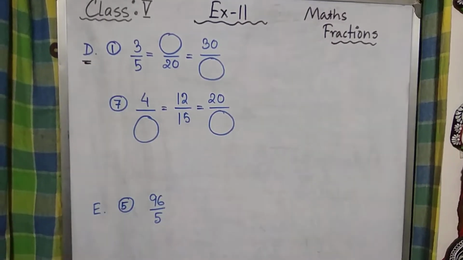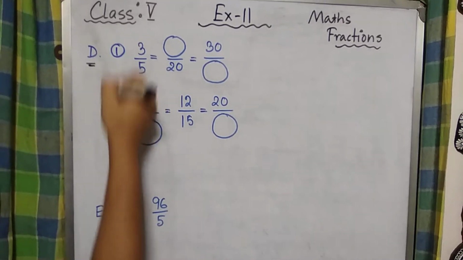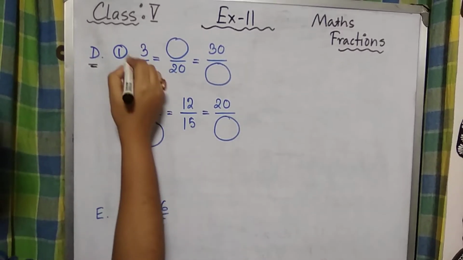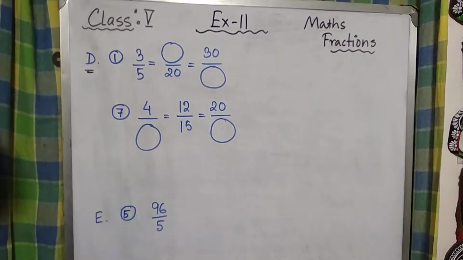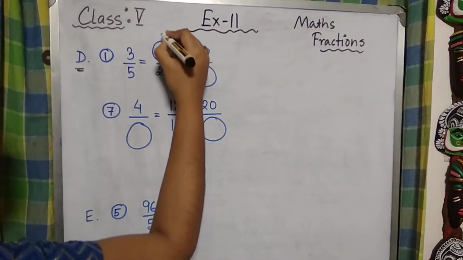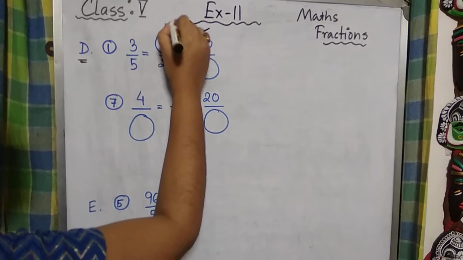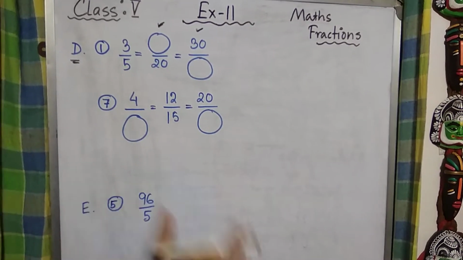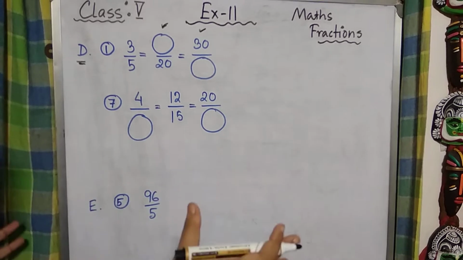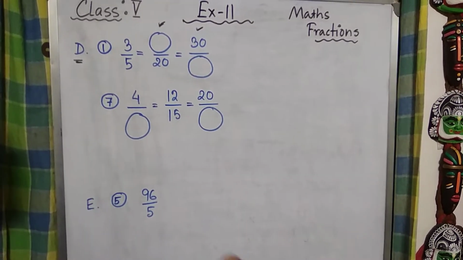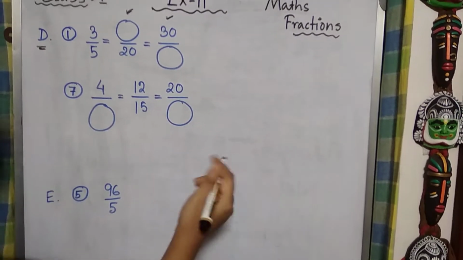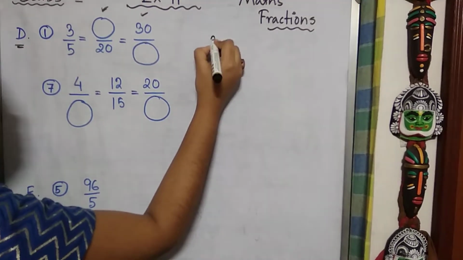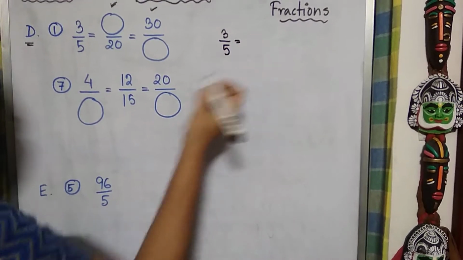So let's get started with number D. Here I have taken up two sums. In number 1 you can see that 3 by 5 is the primary fraction, and in the second, these two are the equivalent fractions of 3 by 5. Now I hope you have gone through the introductory video of fractions and you have understood what equivalent fractions are. If you haven't, I am just briefing it once more, in case of 3 by 5, suppose, and here see